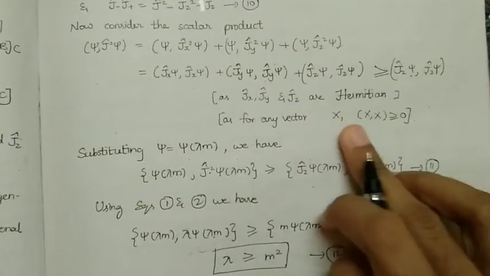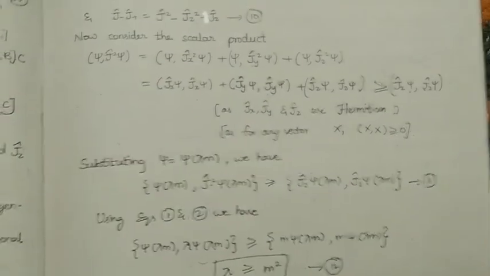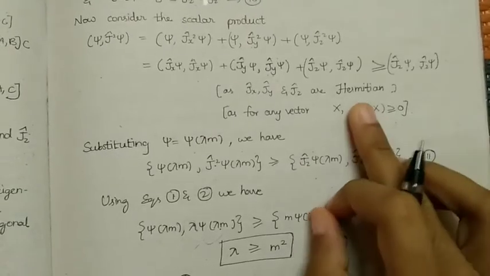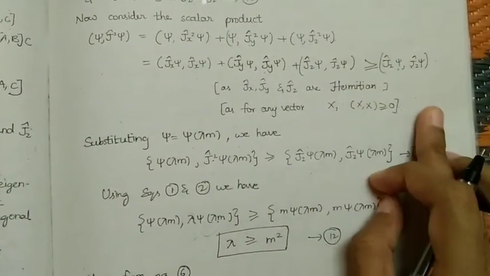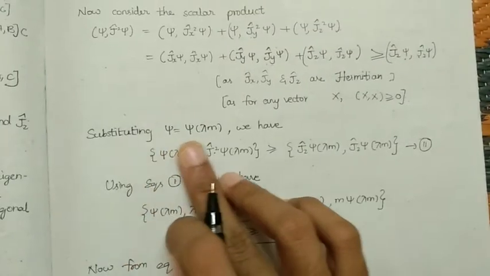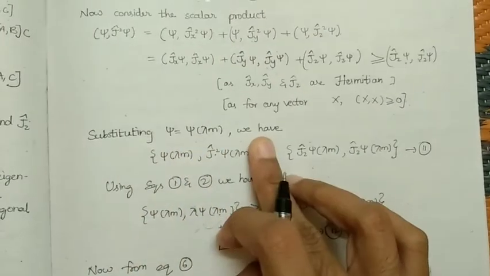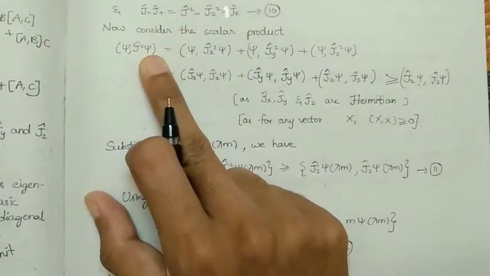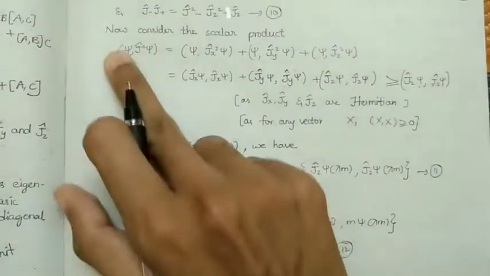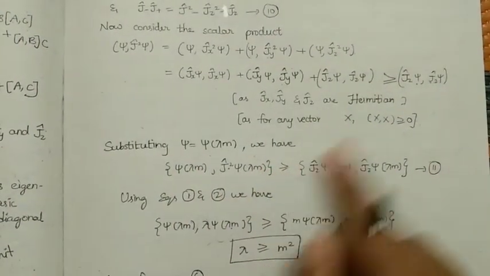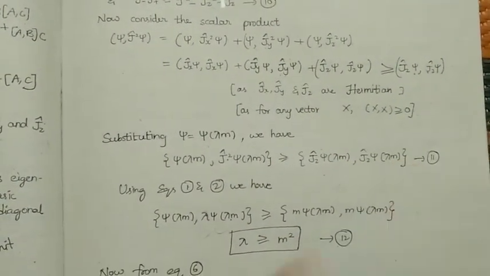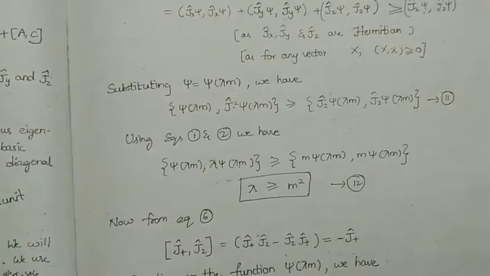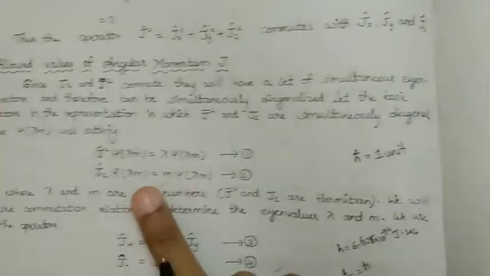For any vector, the scalar product is greater than or equal to 0, and substituting xi equals xi of lambda m, we have: in the place of xi we need to substitute xi of lambda m. So here xi of lambda m, here xi of lambda m. So this is greater than or equal to Jz into xi of lambda m, Jz into xi of lambda m. So using equations 1 and 2 we have,